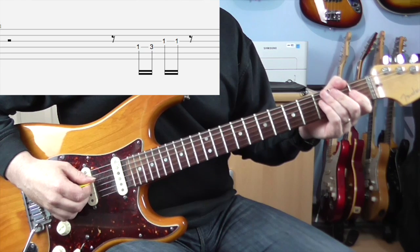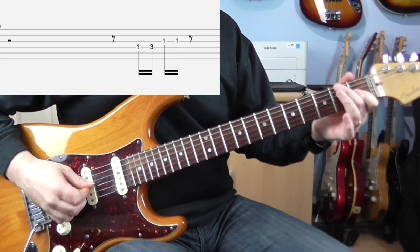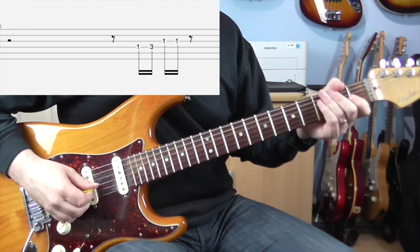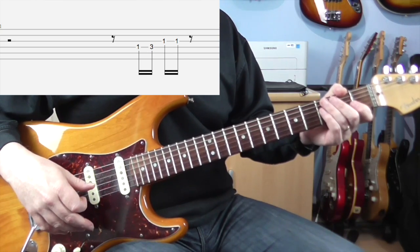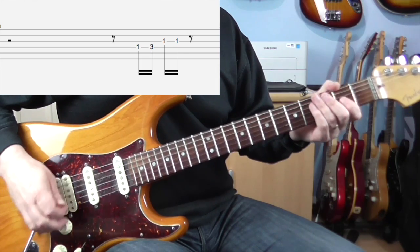So all I'm playing now is on the D, 1 3, and then 1 1 on the G, and it's just down up, like that. So he plays that in bar 1, and then bar 2 is blank, and then he repeats that thing for bars 3 and 4, 5 and 6, and then 7 and 8 he does